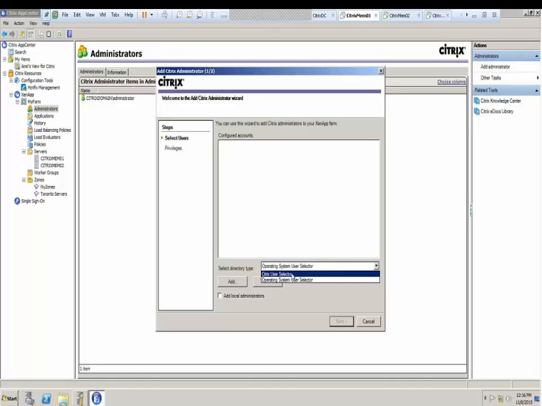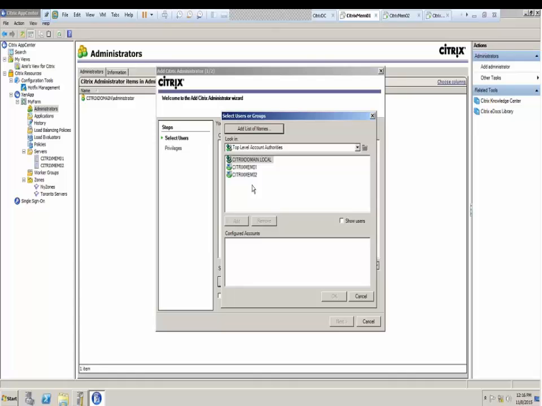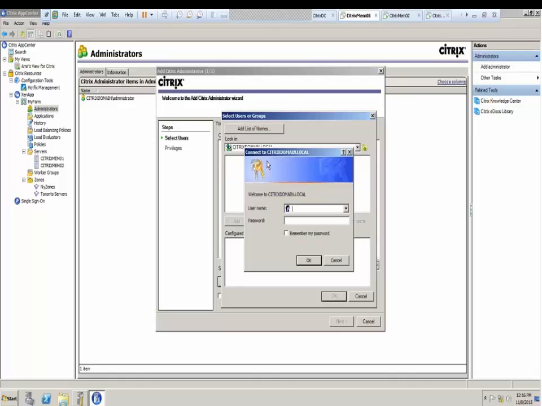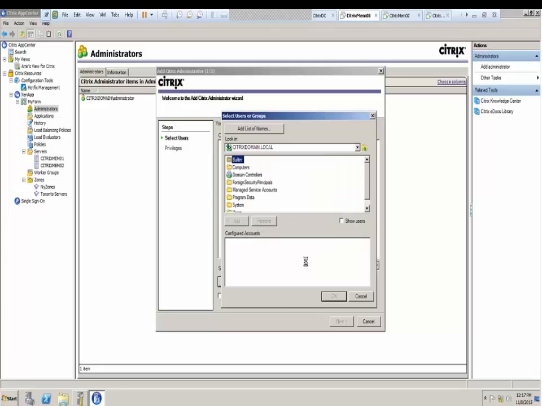So I'll go to the Citrix user selector and then click add. Now it shows us the domain environment we have. We do not want to go to the local user, we want to go to the domain user. So if we double click that, it's going to ask for credentials. Let's put these credentials there, administrator, the password. I hope it remembers, and I think it's going to pop up every time. So now it's showing me that